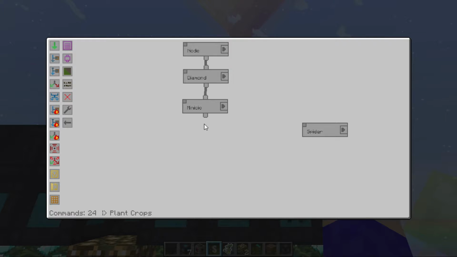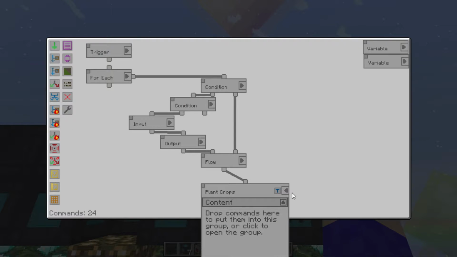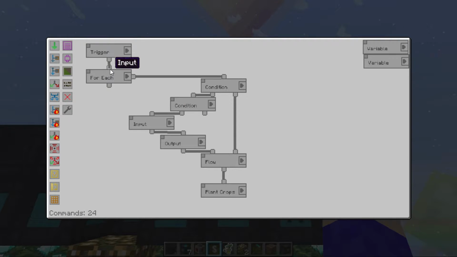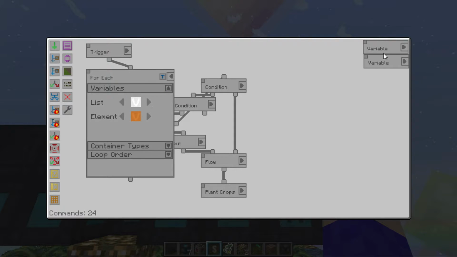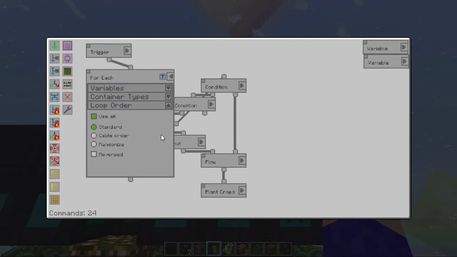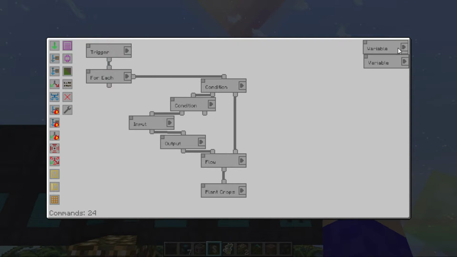And then you just keep doing this for every seed in priority order of how you want them planted. So let's get this thing started. And the for each is the same as my last video. For each variable of the list, element of the orange variable, container types, doesn't matter, standard order. And the variable is the white